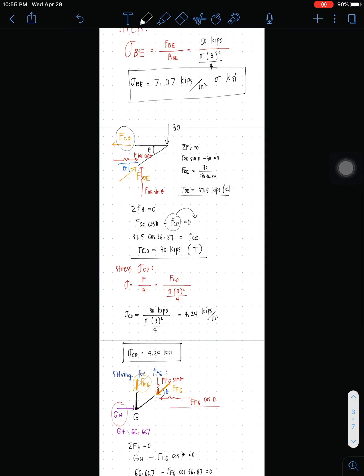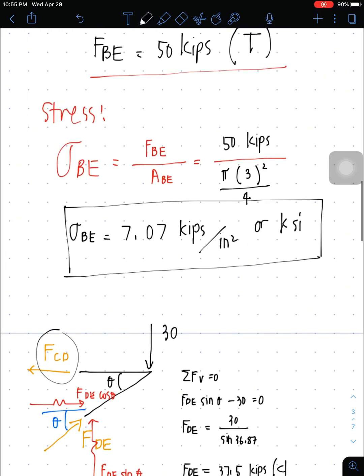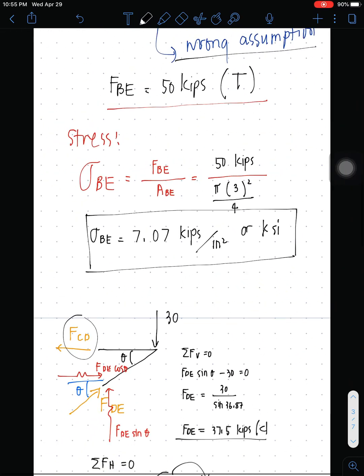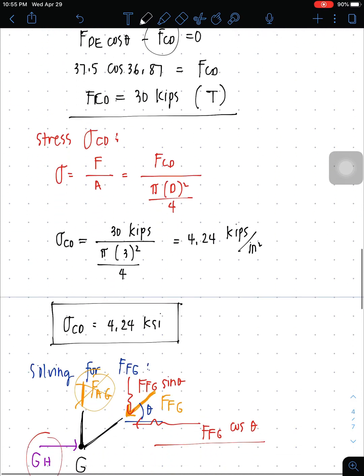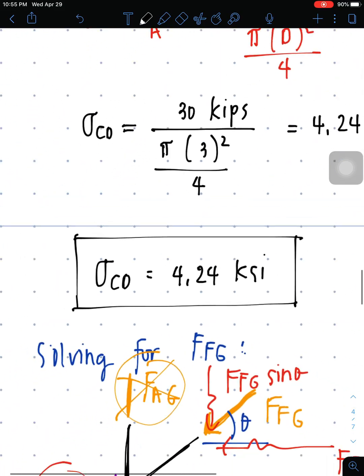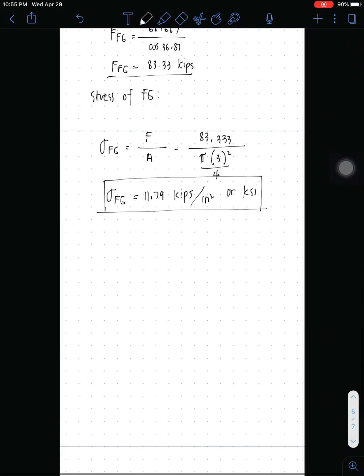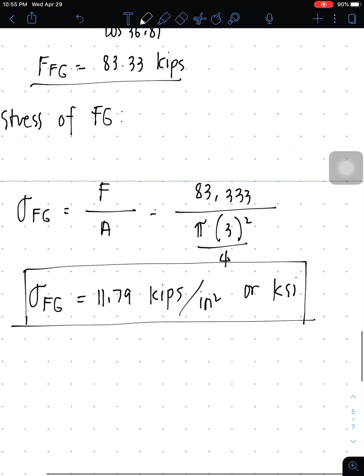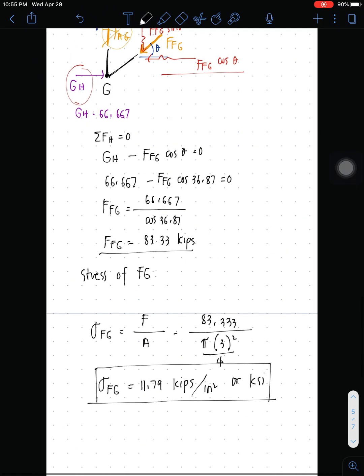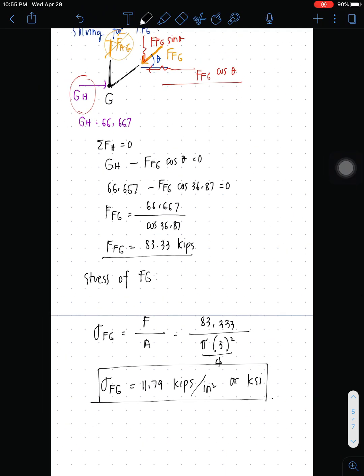So we have solved all the three values. For BE, you have 7.07 KSI. For CD, that's 4.24. And for FG, it's 11.79. So that ends our third